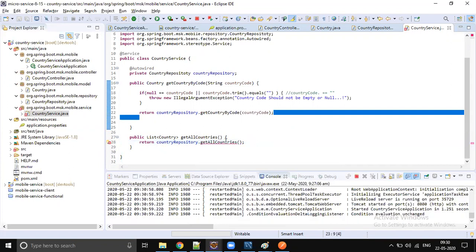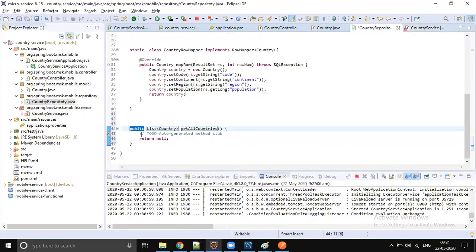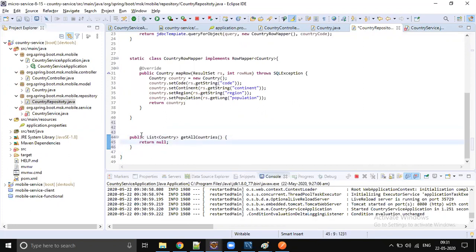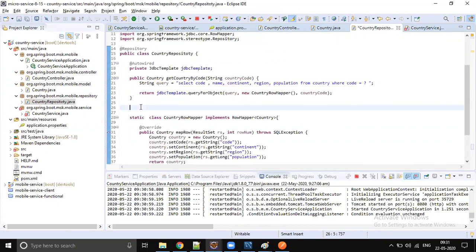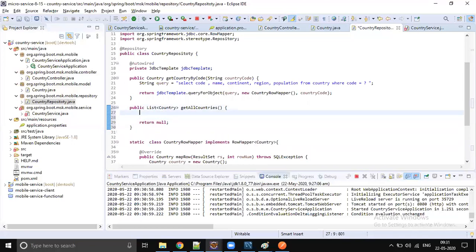Just put the mouse on it. Eclipse will automatically show, as IntelliJ does, so it creates the method. It's going to be some simple query for us. Let's move this method just before the row mapper, and it's a direct query, right? So select from country.